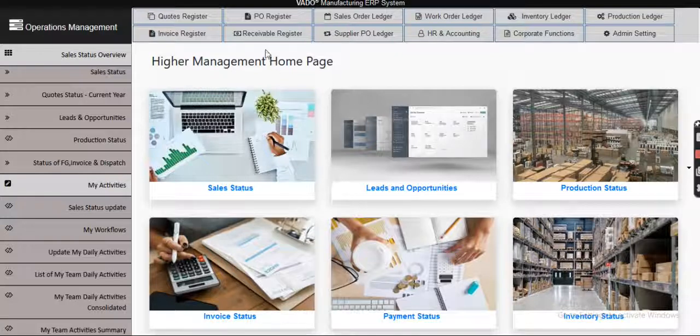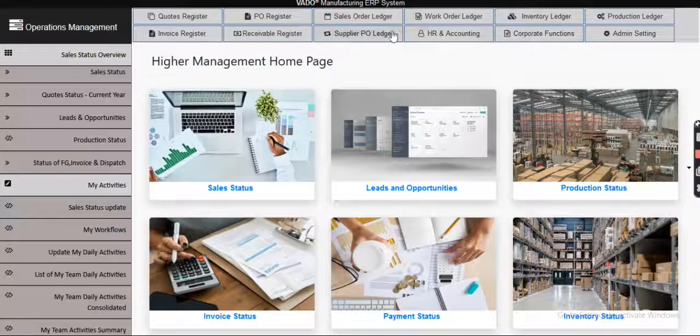Also, the beauty of this ERP system is that he can do any kind of activity. There are no restrictions at all, and no dependency on any particular user. If he wants to create a new quote or a new order, sales order, or work order, he can do it himself. Very quickly he can get access to different locations, and he can always come back.